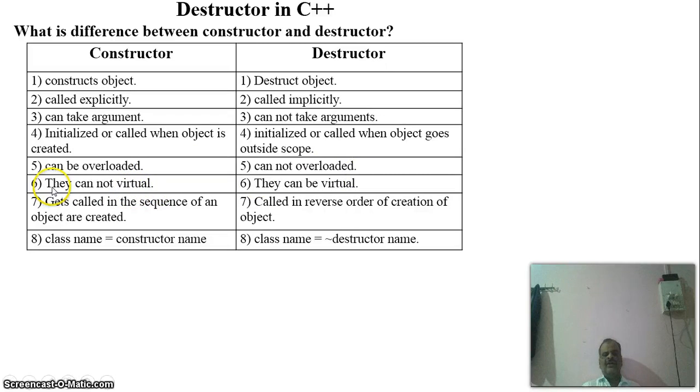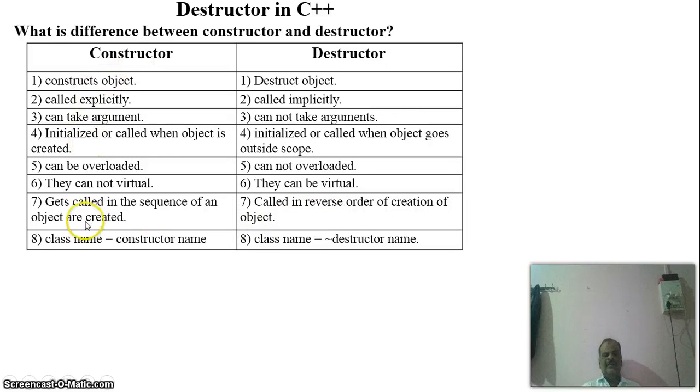Whenever the virtual keyword is used in a constructor, it is invalid, and whenever the virtual keyword is used in a destructor, it is valid. Then the sequence: objects are created in order by the constructor, and the destructor works in reverse order of creation of the objects.